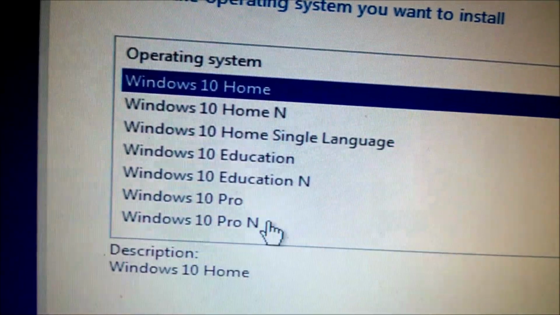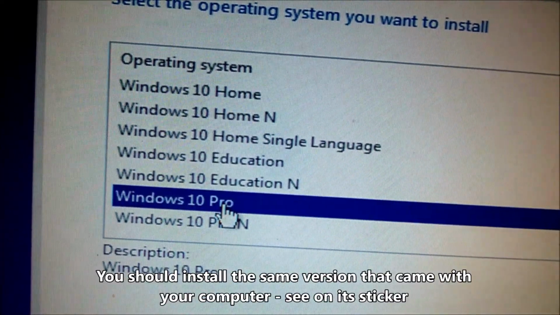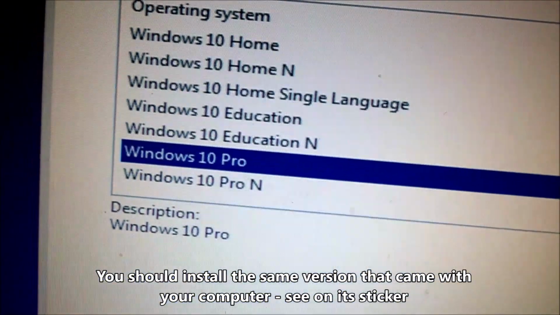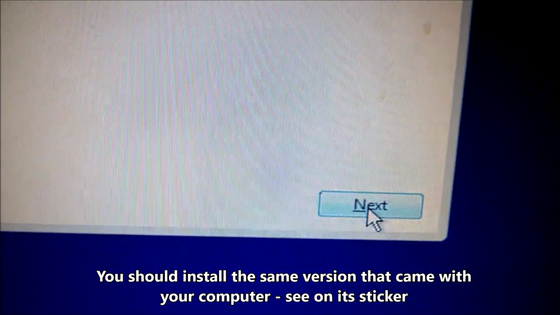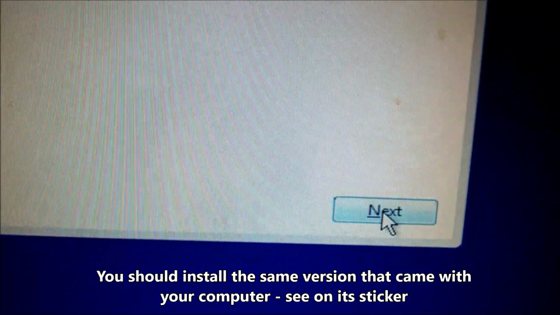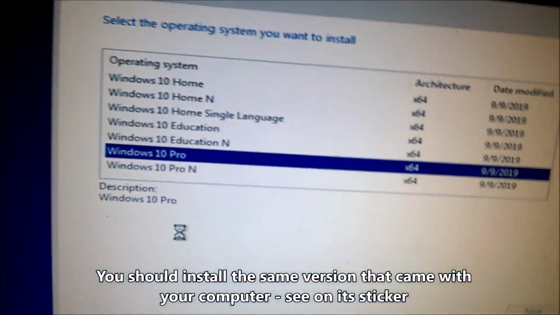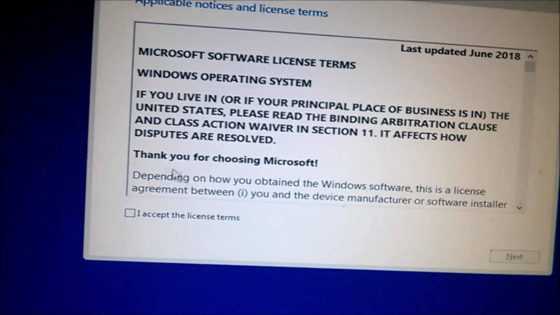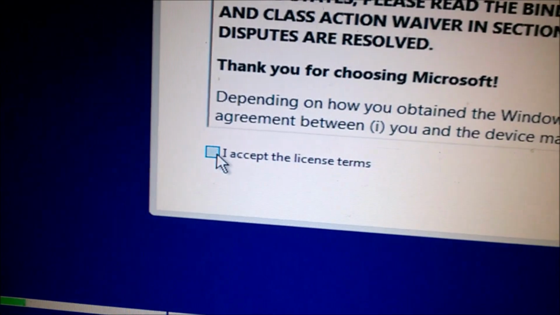And we are going to install Windows 10 Pro, which is the same as it was on the previous hard drive. You need to have the same version as on the hard drive that was used to produce that boot key. This is license, I accept the terms.